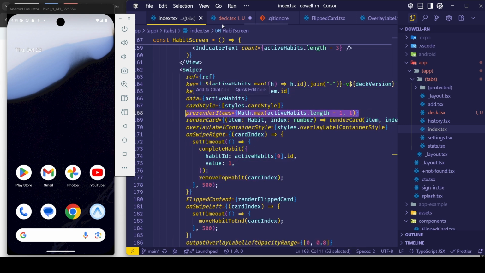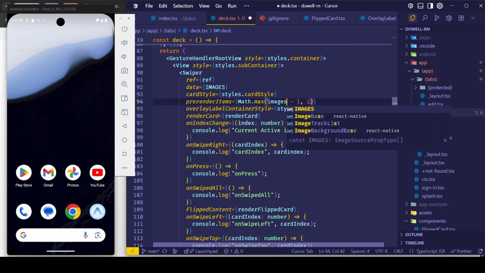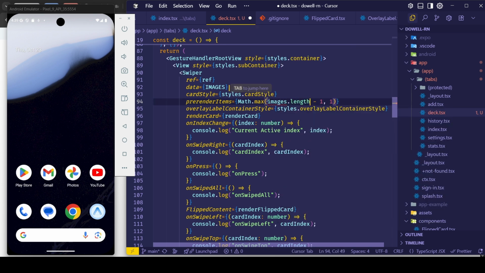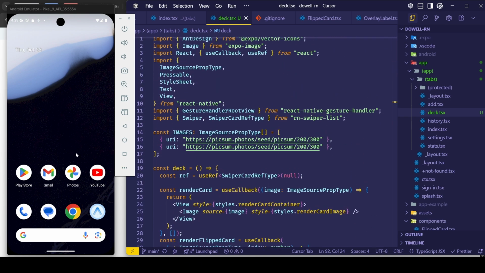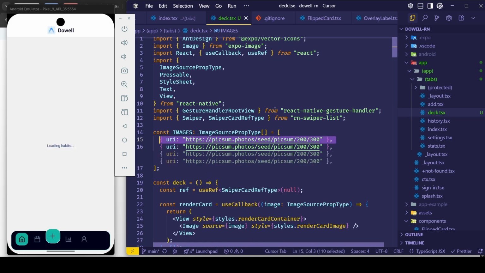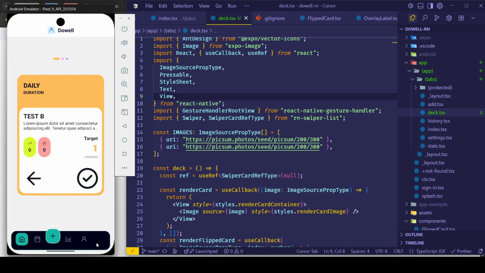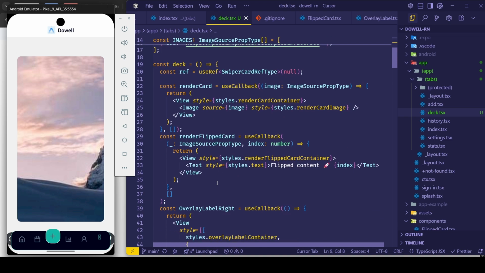Now, this is how you can solve the problem for the image component. This is images length, images. This is for the setup. I don't know why this is not working. I think there's an error in this example. We can just switch in here, and this is the result. We can know,